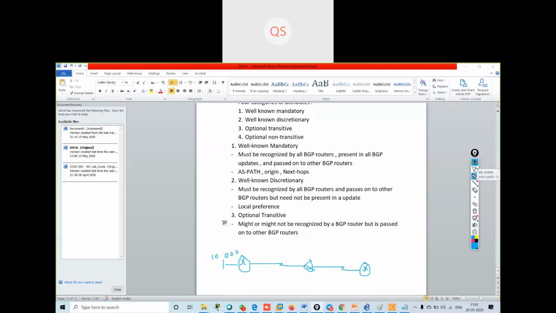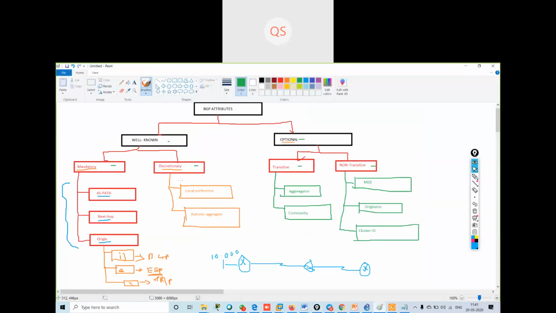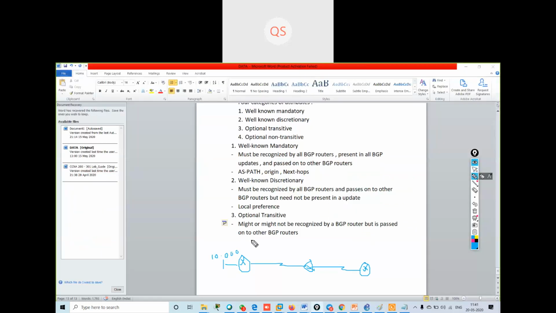Optional transitive has two things, aggregator or community. Suppose I am using aggregator.